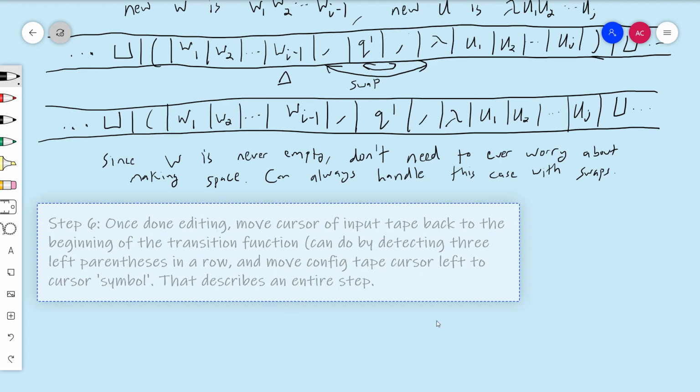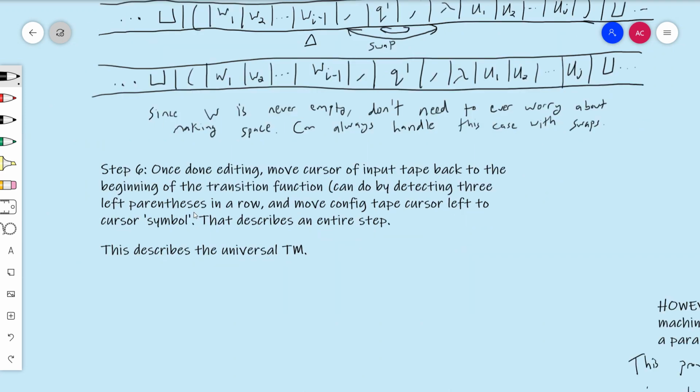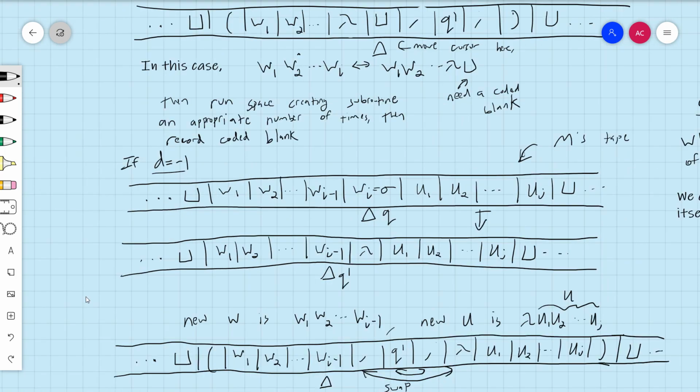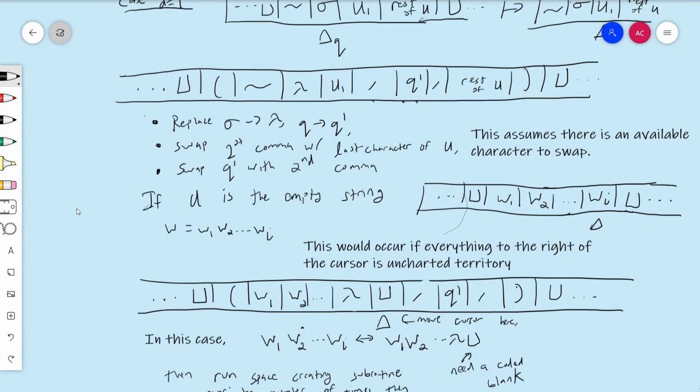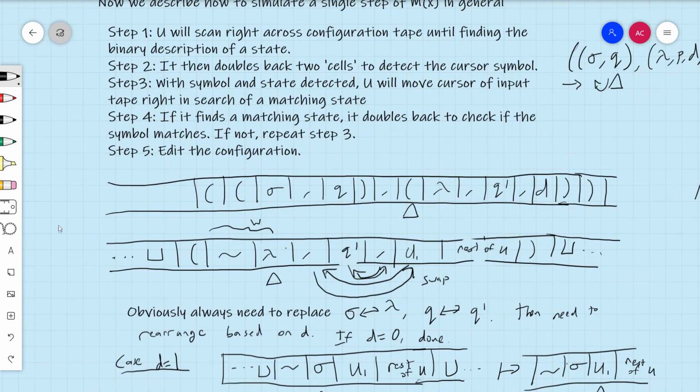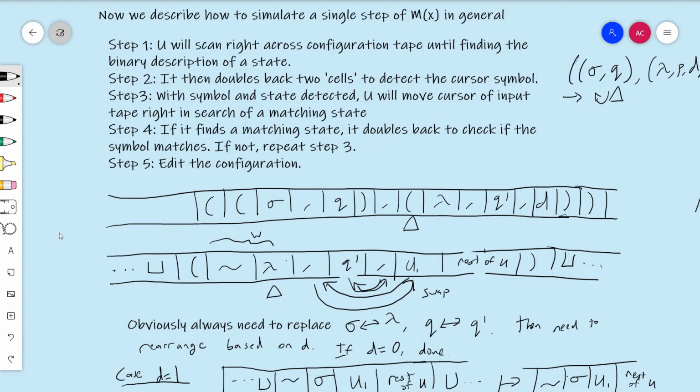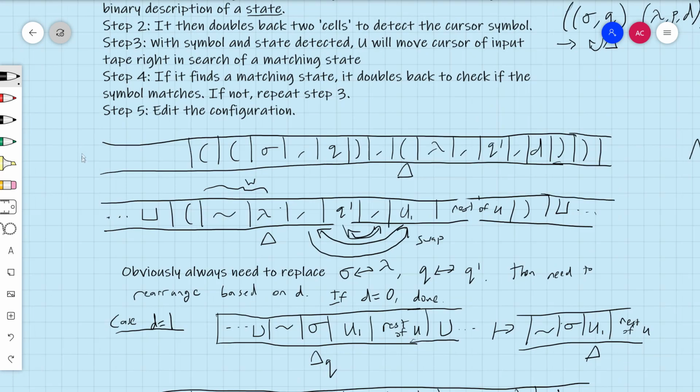Now, okay, so I just wanted to interject. There's a couple things I forgot to say. I said this describes the universal Turing machine, and then ended the video, and then realized I didn't really talk about what it means to halt, what it means to do an output. So let me just say that real fast. If in step, let's see, which step is it? There's a lot of stuff. At this point right here, when we find a state in step 1,